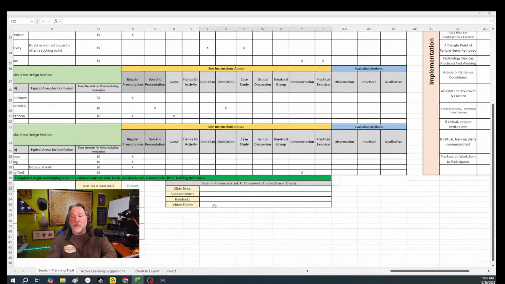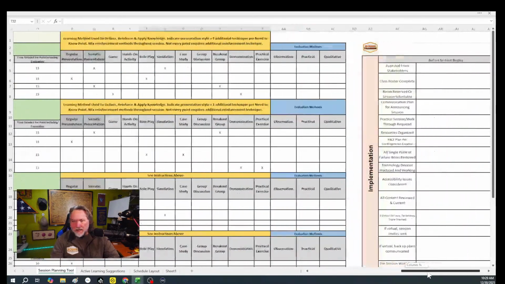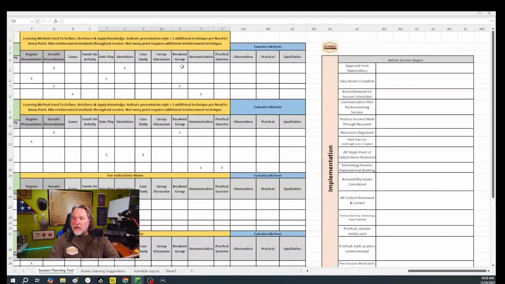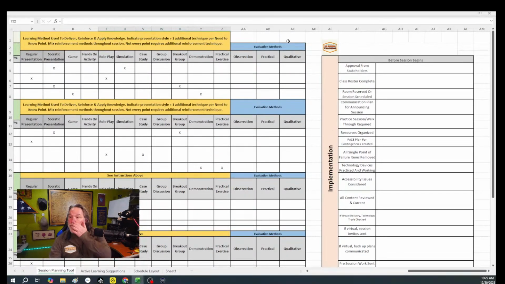So again, you can quickly access them. The last piece about this template that I like in terms of session design is here under evaluation methods. You can see it helps prompt you, how are you going to evaluate that your people are actually learning? Well, we'll talk more about this in a different video, but you can go through here and say, okay,